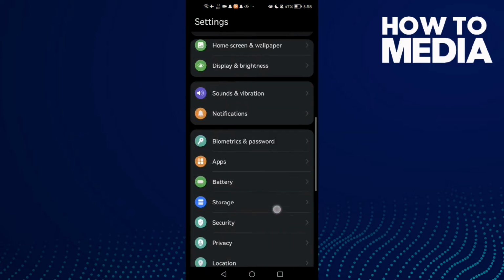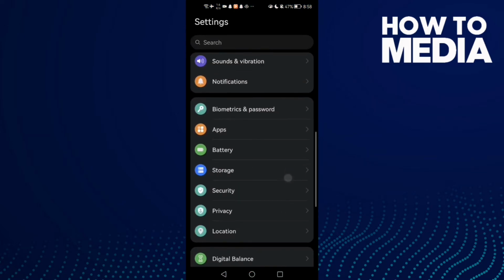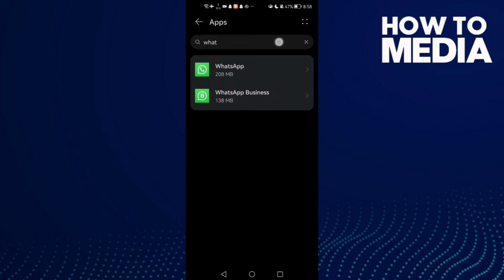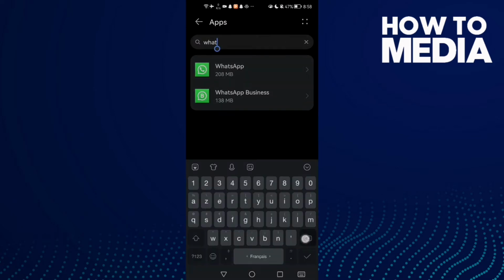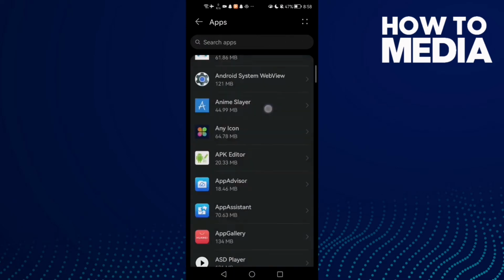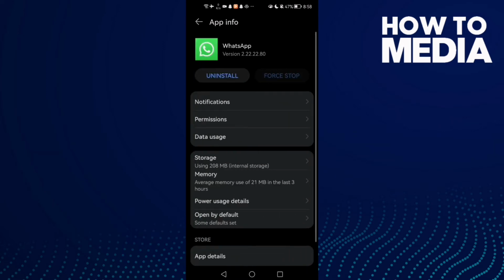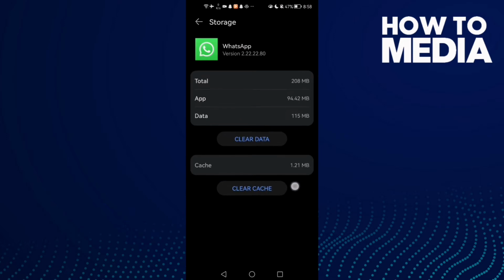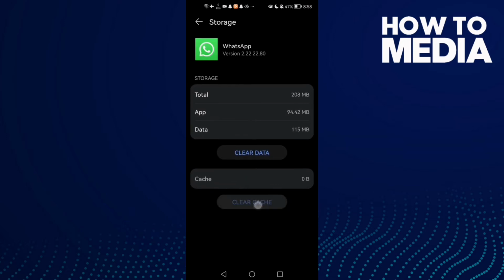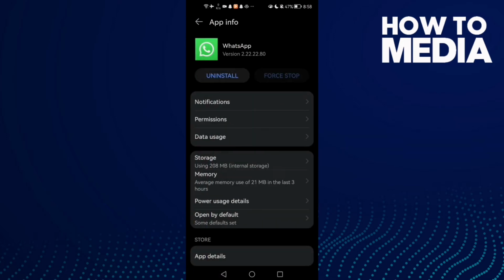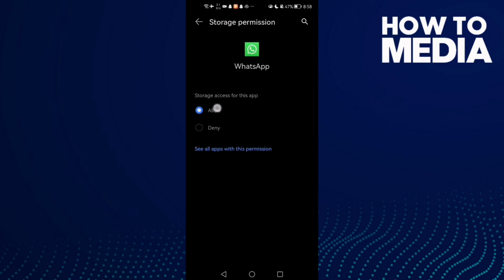First open settings and then just scroll down until you find apps, and now apps again, and here just scroll all the way down until you find here WhatsApp, and now just click storage, and first thing click clear cache, and then click force stop, this one here, click on it, and then go to permissions, allow storage here,